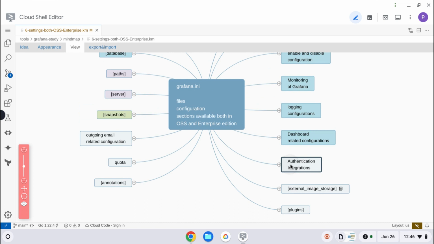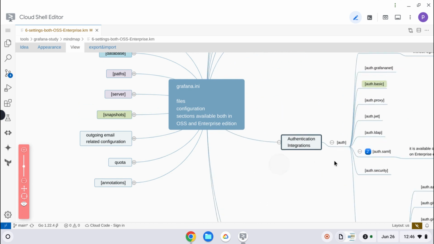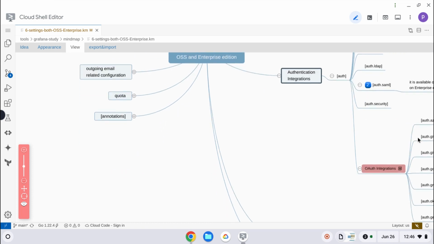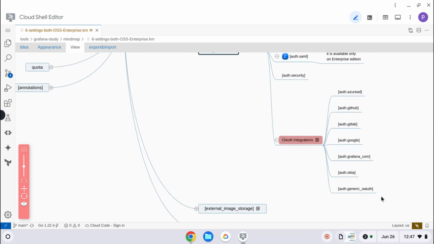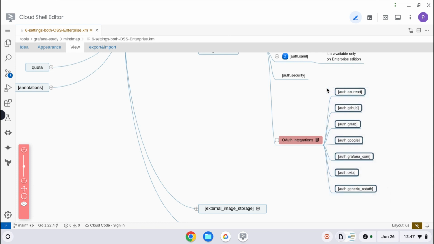You can see authentication in the sense it supports a variety of authentications. Basic authentication, usually key value pair. In addition to that, SSO or several OAuth. Here you can see these many OAuth type authentications are also supported. Google, GitLab, GitHub. For each section, let me repeat, for each section there are a couple of key